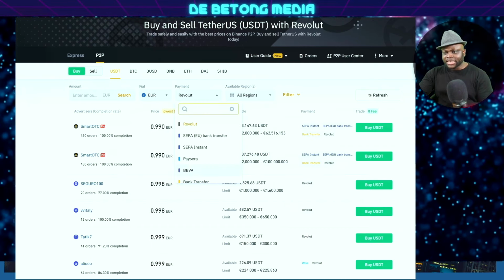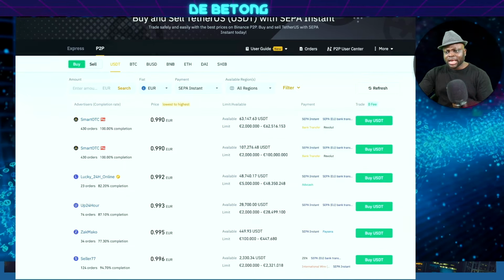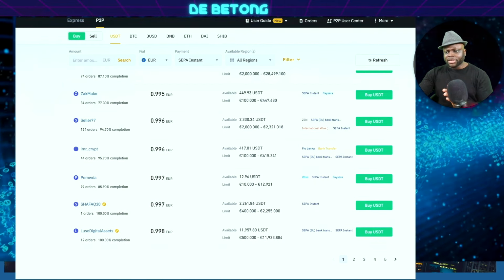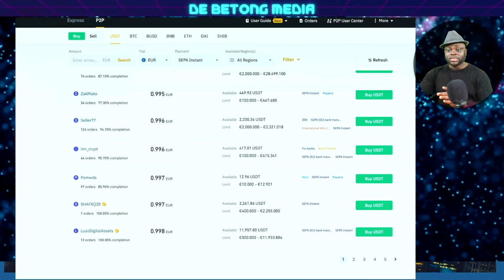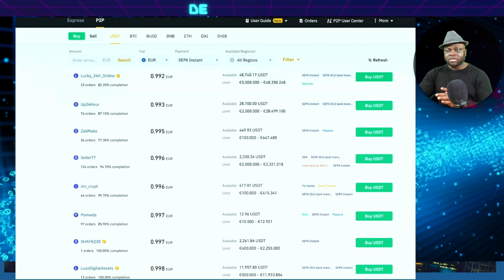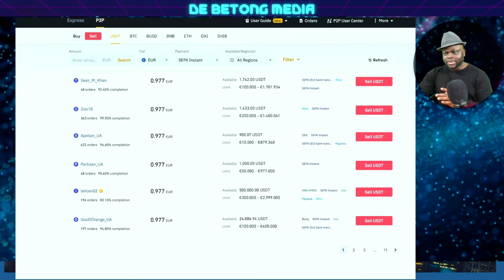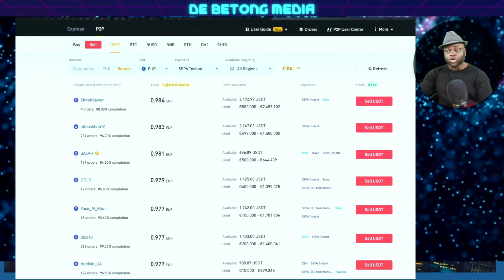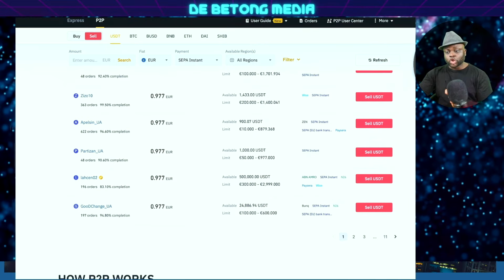When you look at SEPA Instant, you're going to see that if I'm placing an ad here, it's almost similar to Wise, but the difference with SEPA Instant is that the minimum on this page is 0.998. So if I go to the sell section, I'm going to see that this is 84. Wow, I can use SEPA Instant also to place an ad, and in this case I can come right down here to do